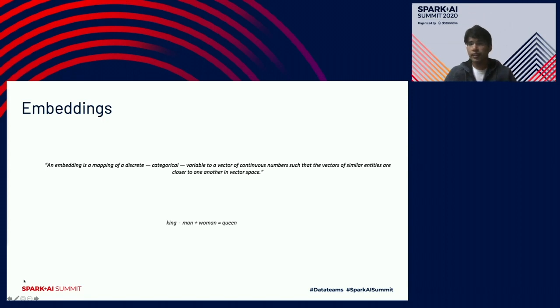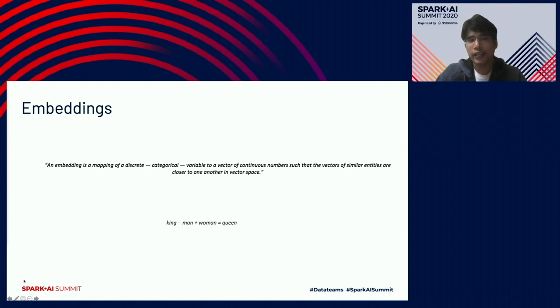So it's basically a dimensionality reduction technique. You can say that we are representing a word with a set of numbers. Now these numbers are nothing but a set of features which captures the most important aspects of that word. It's not very different from image embeddings, where we represent an image as a set of features which defines that image, right? In this example, let's say we represent king with a vector, man with a vector and woman with a vector, and once we subtract the man vector from the king vector and add the woman vector, the resultant should be very close to queen, right?